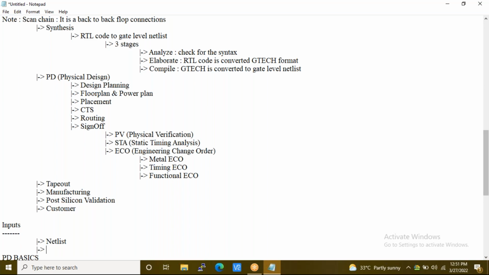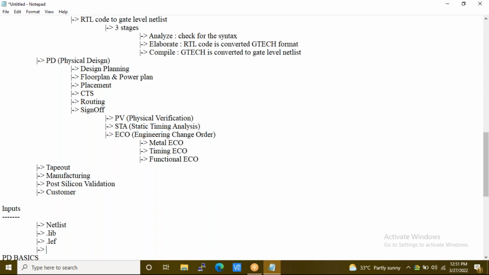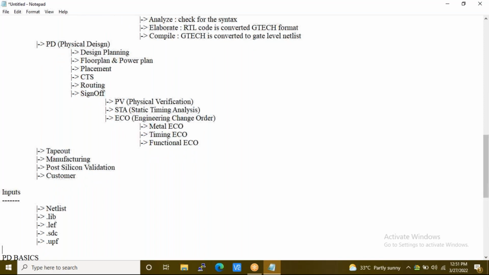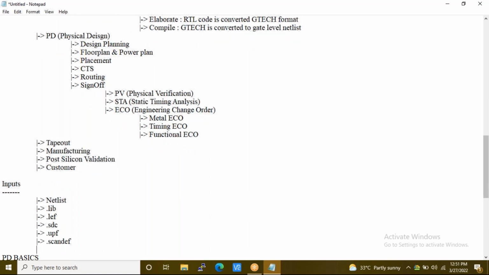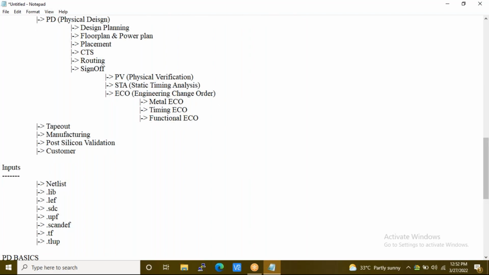For PD, the gate level netlist is the input. So I'm just giving the extensions now, and later I'll give the full forms as well.